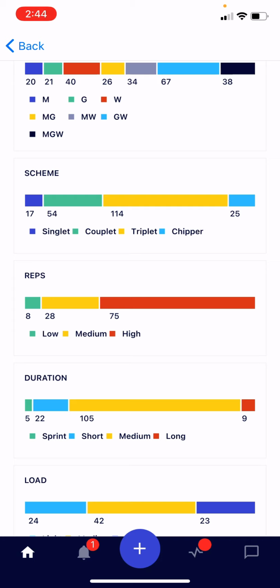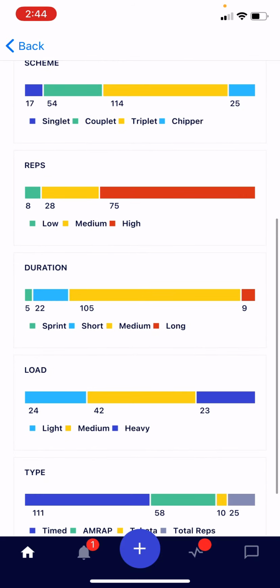And for chippers on Btwb, that would be any workout that has 4 or more movements. Okay. Reps, we're analyzing the total volume of reps in a workout. So this is the combined repetition count amongst all of the movements in the workout. So if we're talking about Fran, for example, which has 45 thrusters and 45 pull-ups, that would be a medium